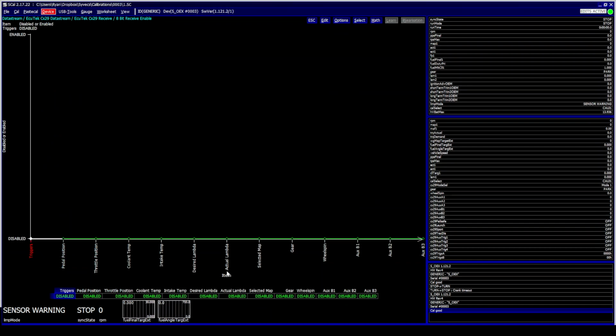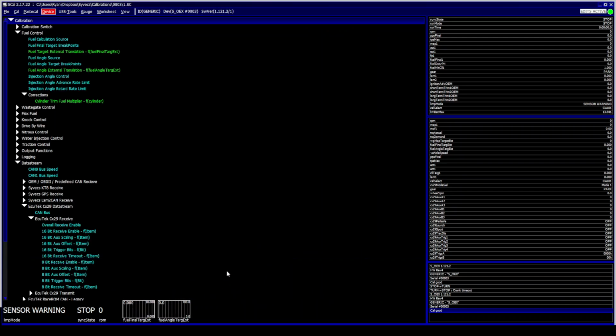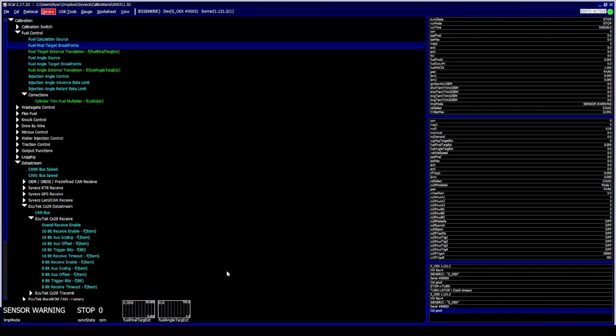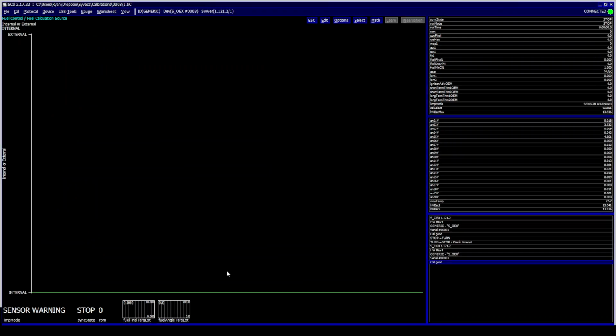Make sure you don't have the triggers enabled in both the 8-bit and the 16-bit because it will cause clashing. Other than that, you can then receive your desired lambda if you wanted to, your actual lambda, your selected map on the original ECU, and feed these in. The desired lambda, again, can be fed in